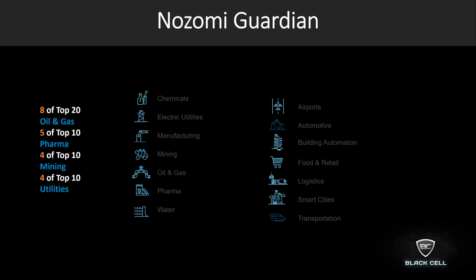As you can see, Nozomi is present at 8 of the top 20 oil and gas companies, 5 of the top 10 pharma companies, 4 of the top 10 mining companies, and 4 of the top 10 utility companies. As you can see, the side chart shows the different industrial fields, and since critical infrastructures and manufacturing and industrial environments are based on automation and process control tools, PLC